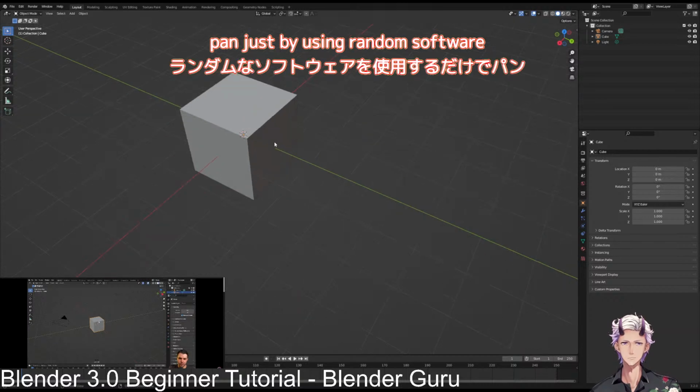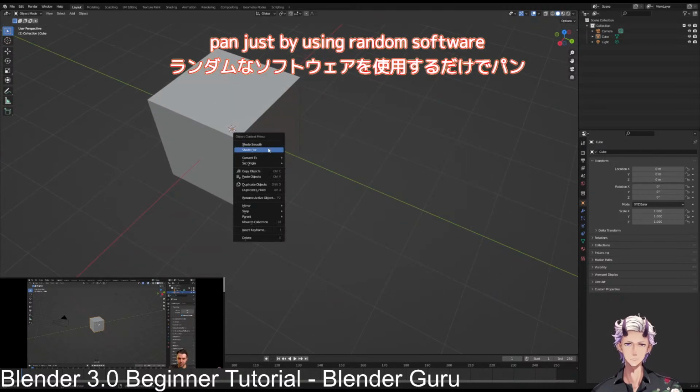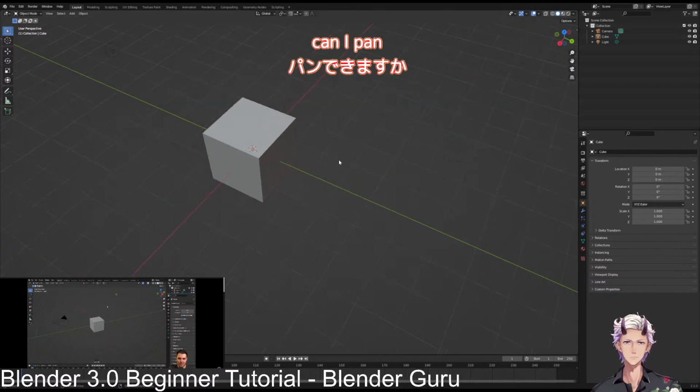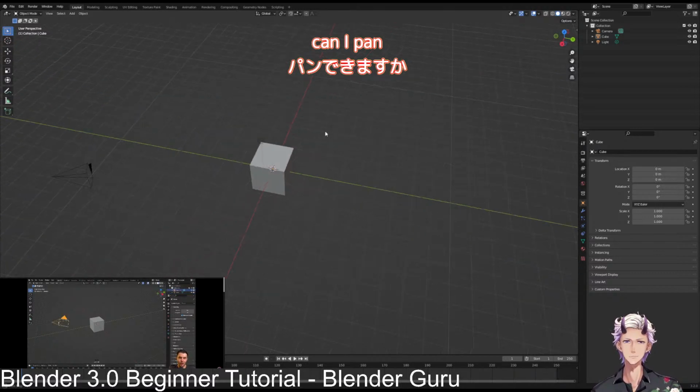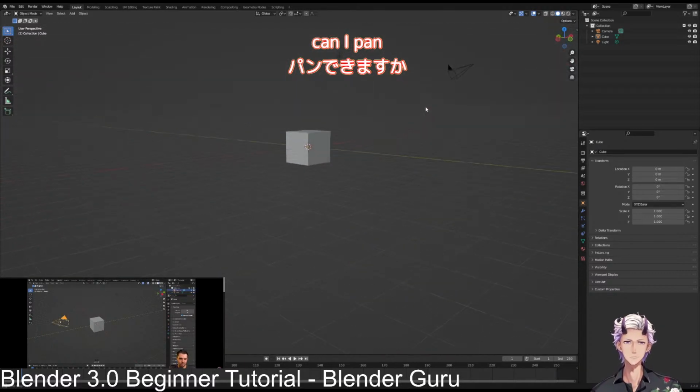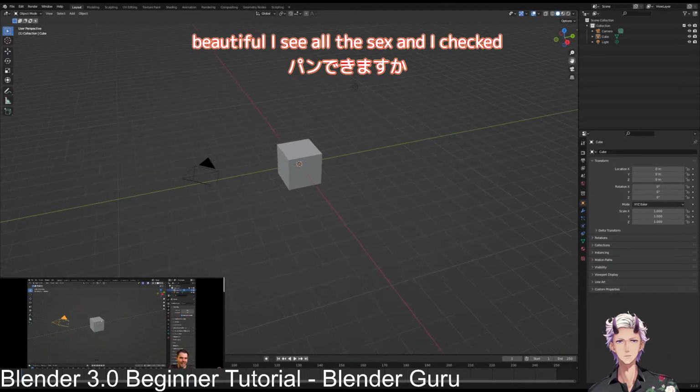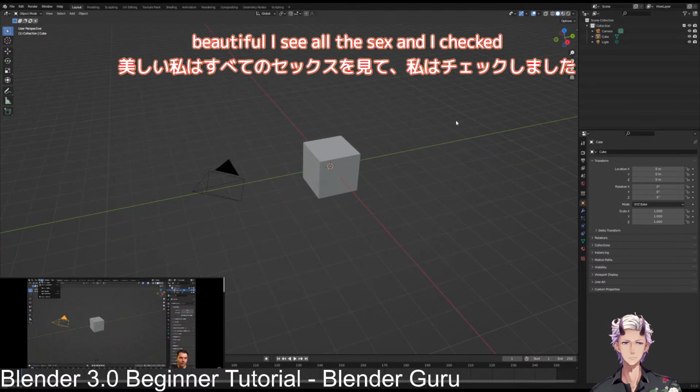So by default, you can see you get 3 objects. You've got a cube. You've got what looks like a ball on a piece of string. That's a lamp. And then you've got a camera, that triangle arrow looking thing. That's a camera. And then if you were to render this by going to render,